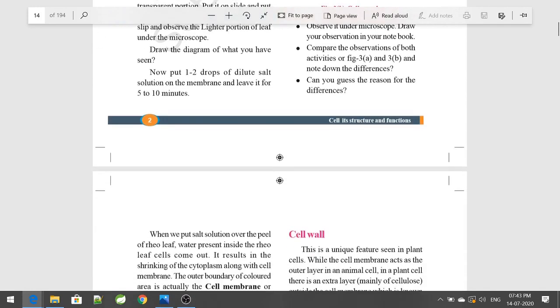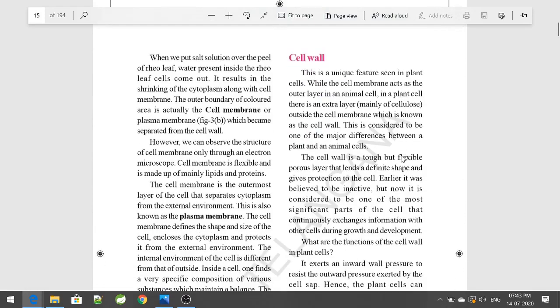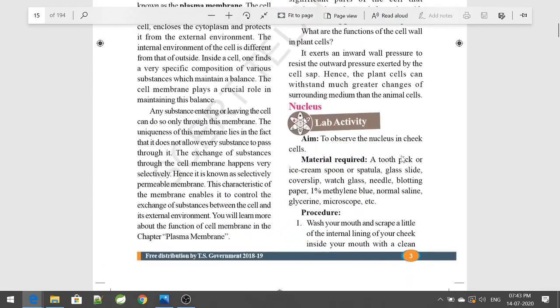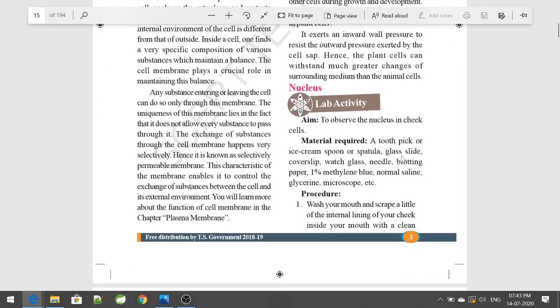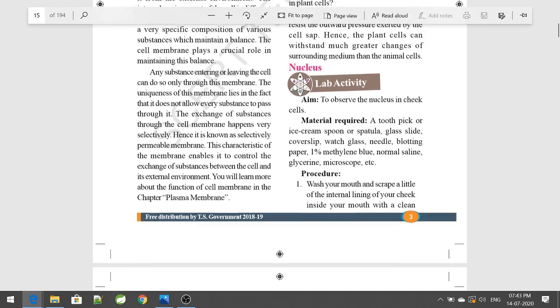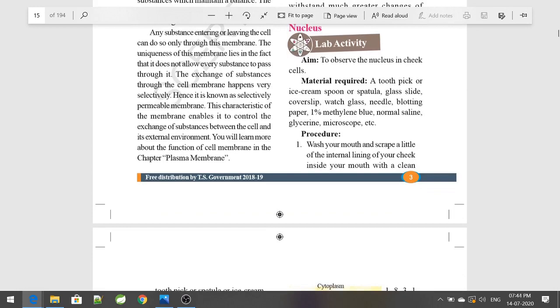So with this activity we can observe the plasma membrane in a Rhoeo leaf. And another activity is for observing the nucleus in cheek cells. Take an earbud and place it under your cheek muscle, just roll it, and put it on the slide and put some